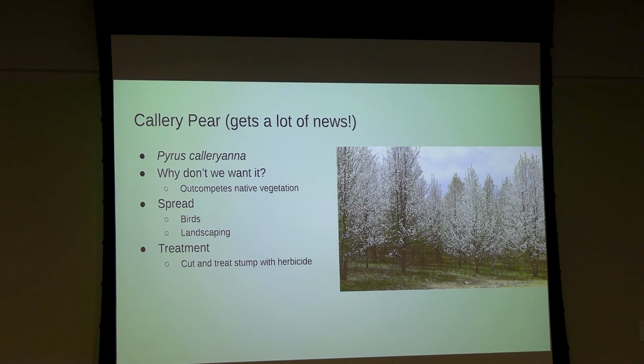Callery pear, I just could not talk about this one because we hear about it all the time. It outcompetes native vegetation. It's spread by birds and landscapers, and us sometimes,